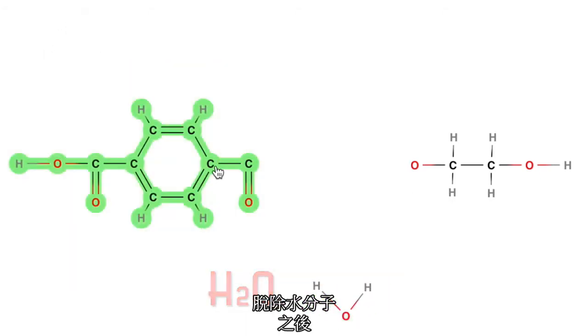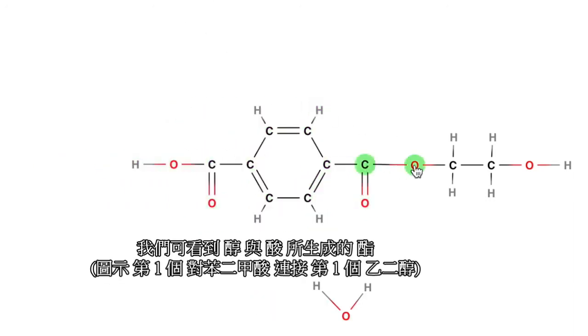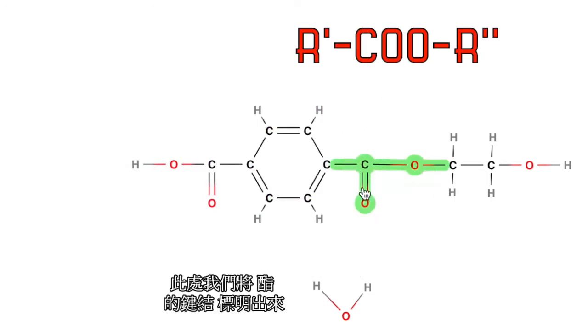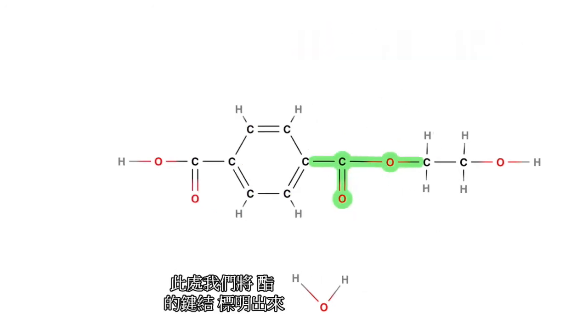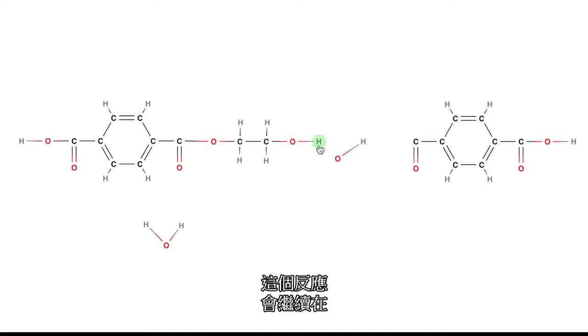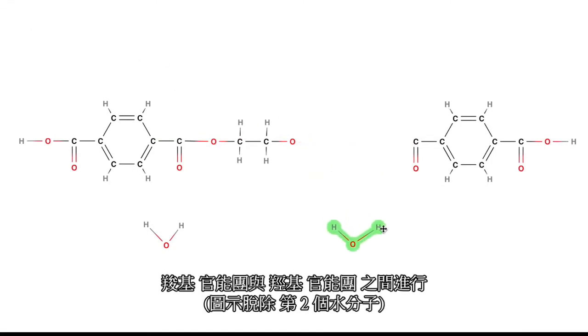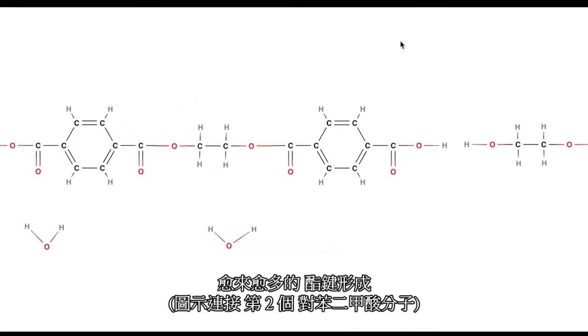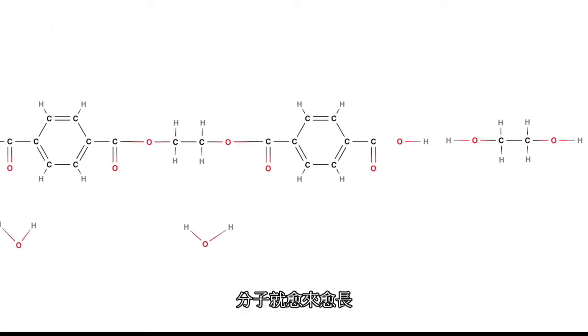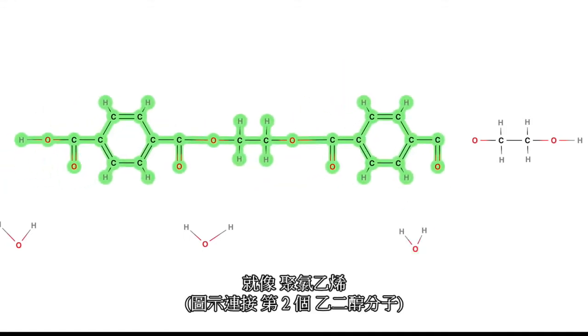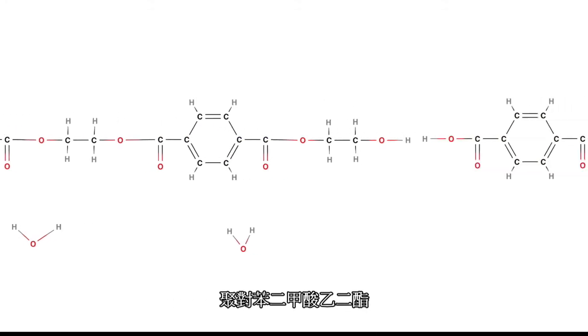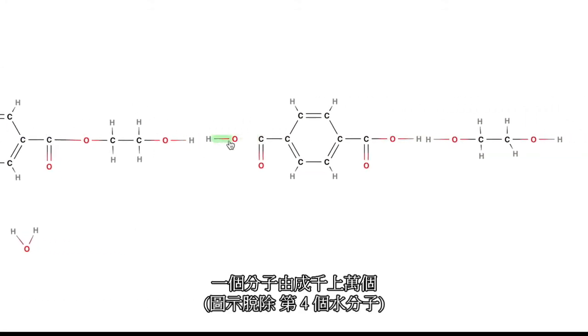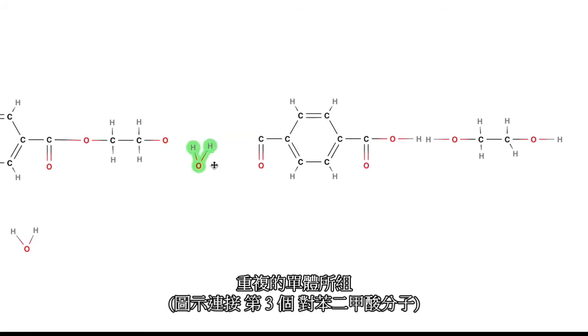Now with the water out of the way, we can see the ester link form between the alcohol and the carboxylic acid. The ester link is highlighted here. This process continues between carboxyl functional groups and hydroxyl functional groups, as more and more ester links are formed, creating longer and longer molecules. Just like polyvinyl chloride, polyethylene terephthalate will have thousands and thousands of repeating monomers in one